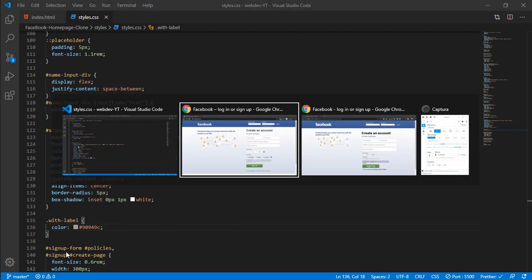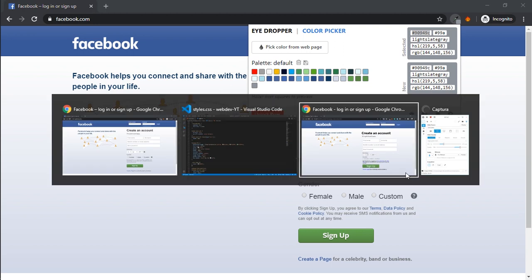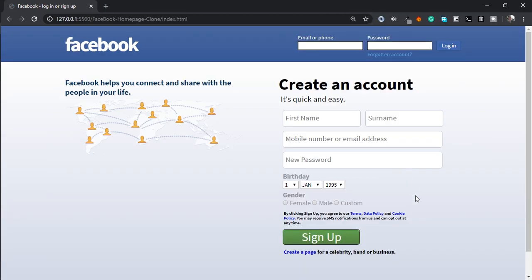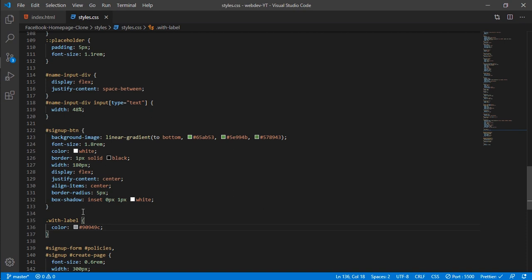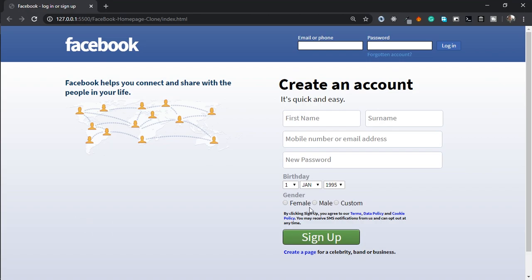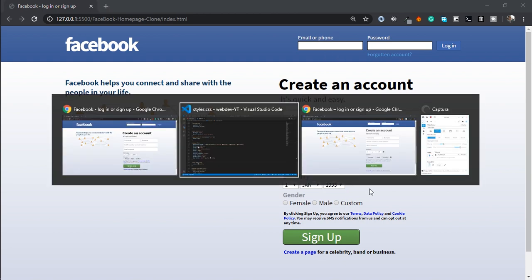I'm not gonna change the fonts. I'm not gonna change the font size or anything. Let's select the h4 so that it doesn't give color to this. And what else? Okay, I guess